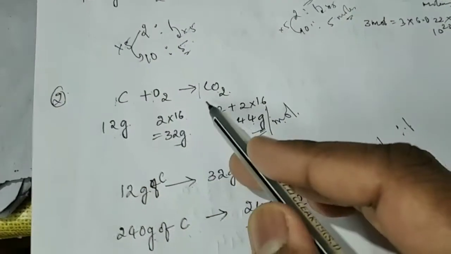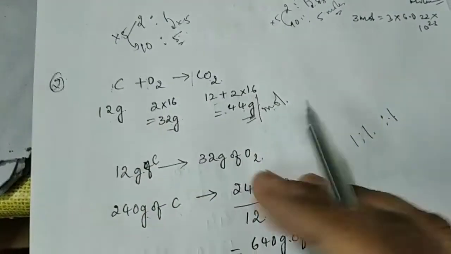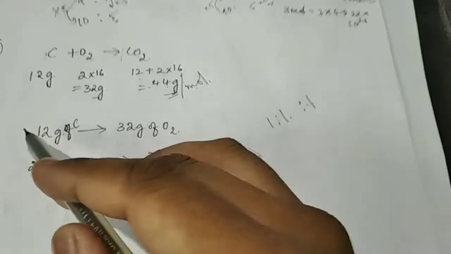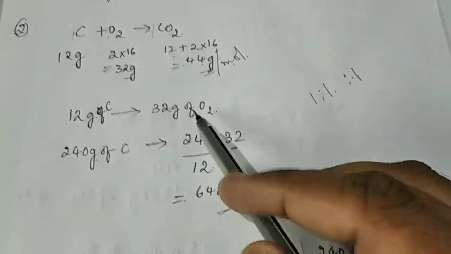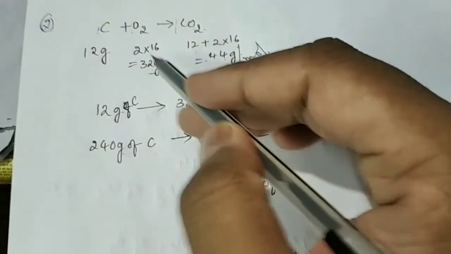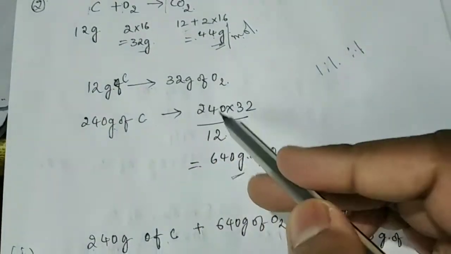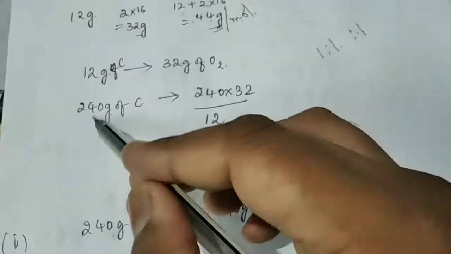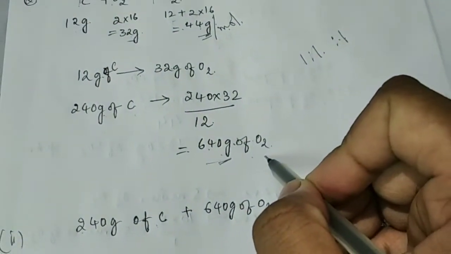Okay, fine. See here, all of you now. So carbon reacted with oxygen, we will be getting carbon dioxide. So just calculate the grams, molar mass, molecular mass here. So now I got 12 grams of carbon is giving me 32 grams of oxygen here. You can see it, everyone. Yes. So 240 grams of carbon is given to me, then how much oxygen will I be getting? So the answer is 240 into 32 divided by 12. Using the unitary method, we will be getting 640 grams of oxygen. I think all of you understood here.